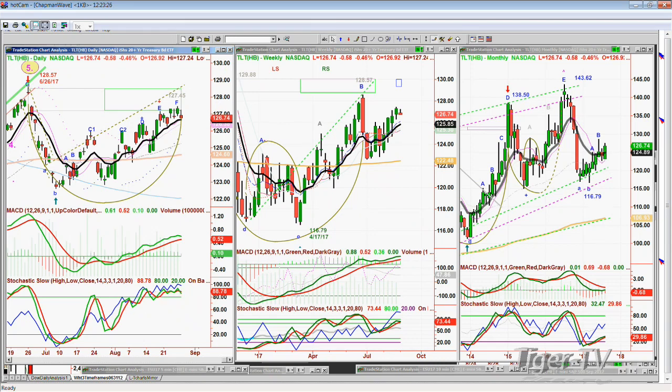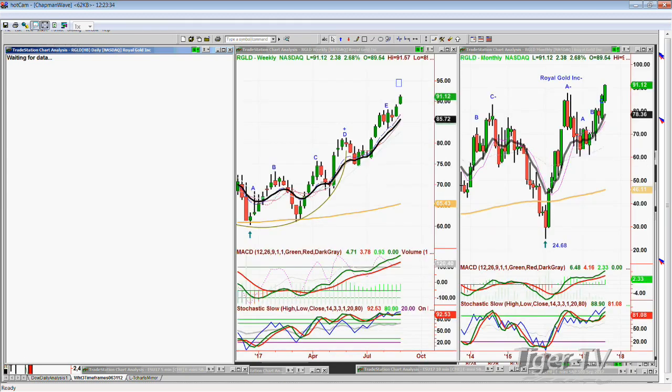So we're going to go. A couple of questions came up. Two of them are exactly the same. What about RGLD, Royal Gold? Coincidence that it came within 5 minutes of one another. So Royal Gold trading at,